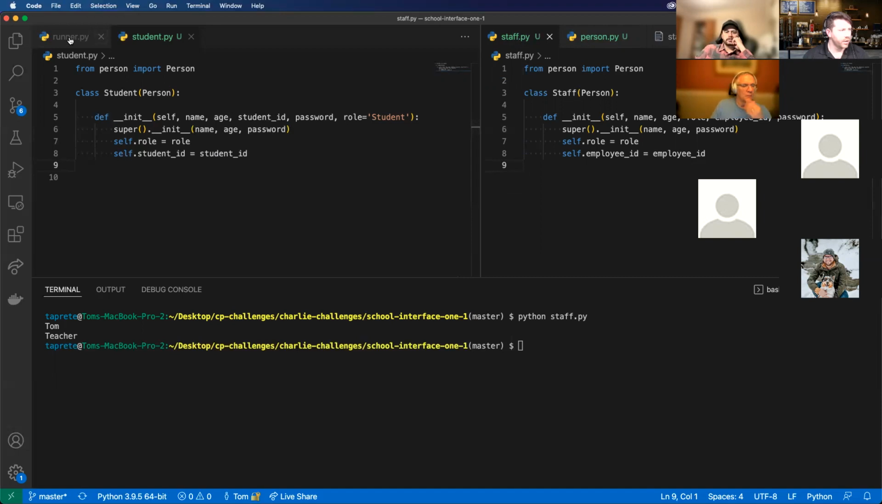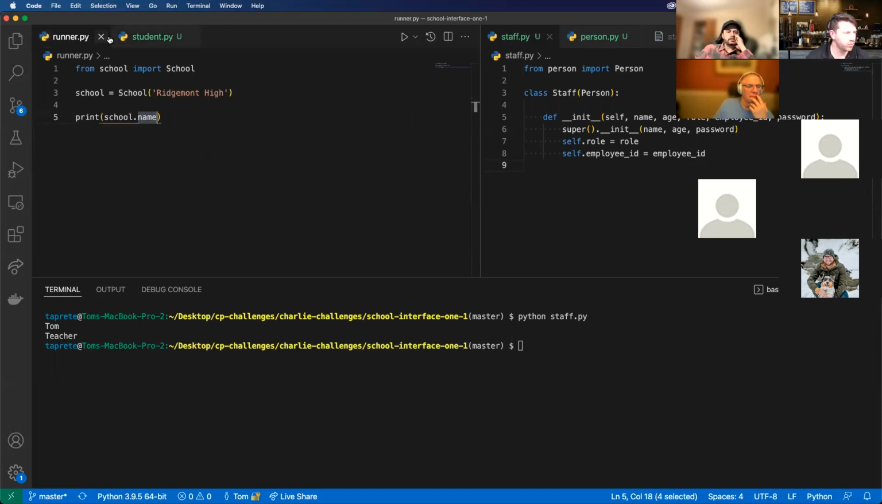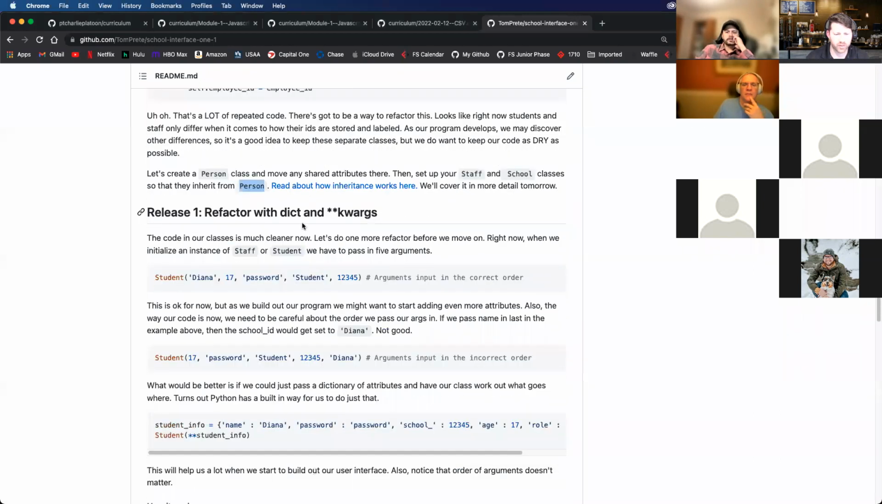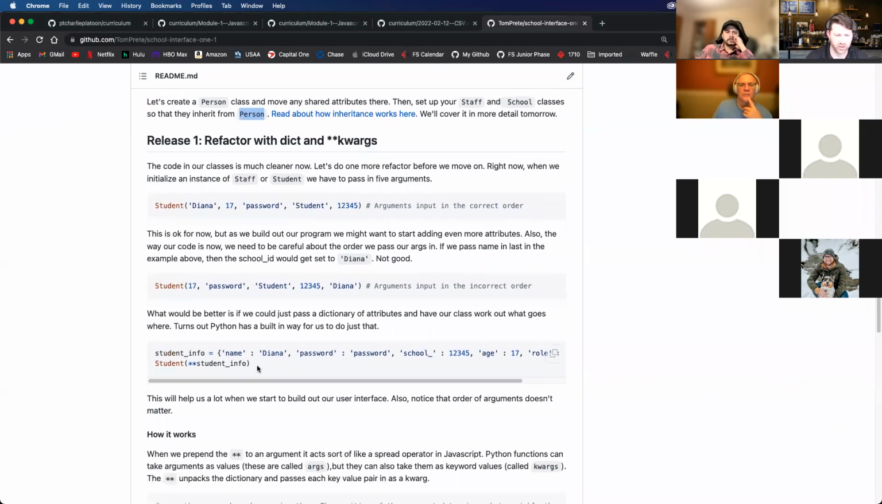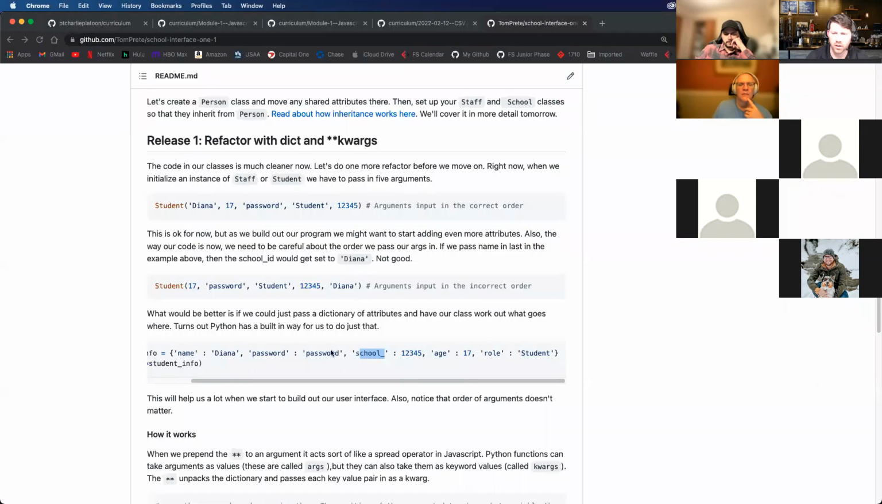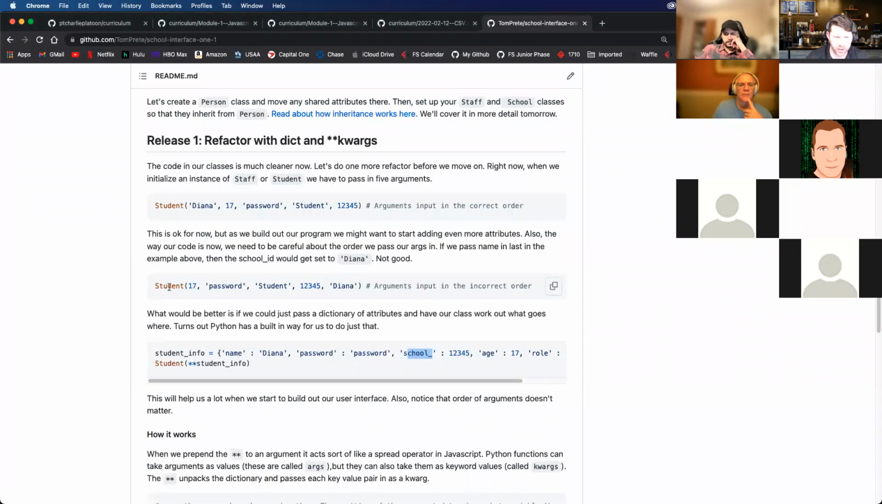So now it says refactor with dict and kwargs. I'd say this is optional, but we can go ahead and do that anyway. I don't know why that's like that. That looks like an error. Oh, no, it's not. So with that, what can we do? If a student,